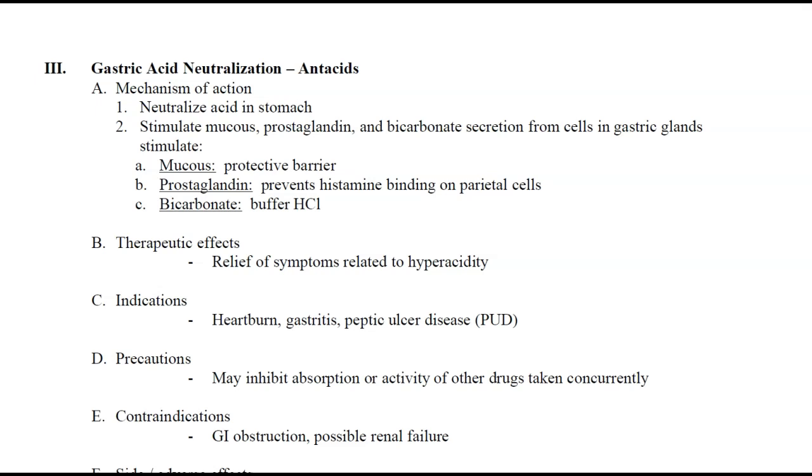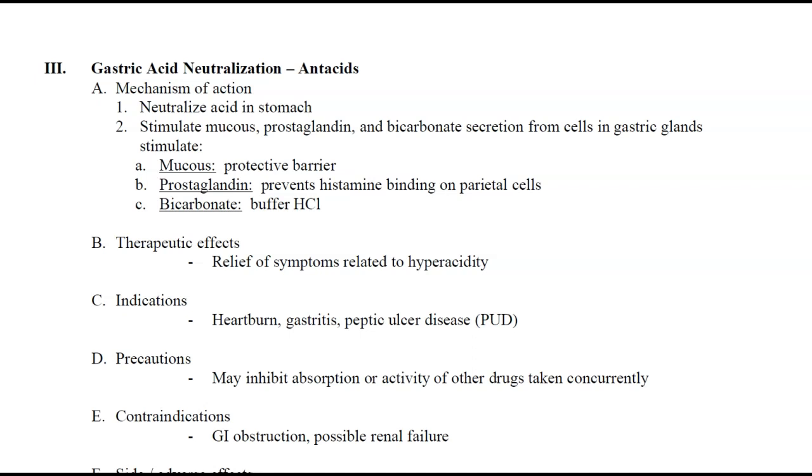Now they do stimulate mucus, prostaglandin, and bicarbonate secretion from cells in gastric glands. So what do they do? Why is it so important to stimulate the production of mucus, prostaglandin, and bicarbonate? So mucus helps as a protective barrier, serving as a protective coating against the digestive action of hydrochloric